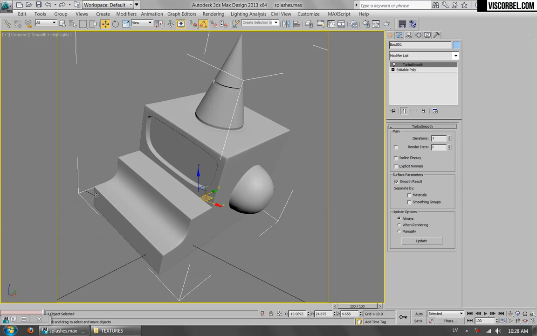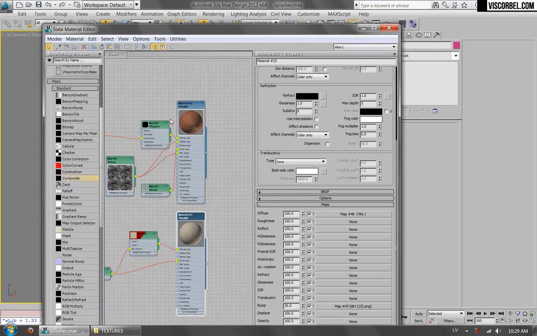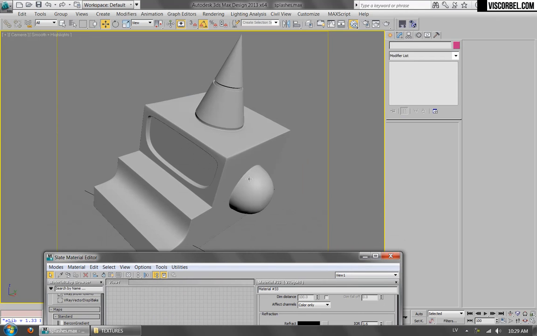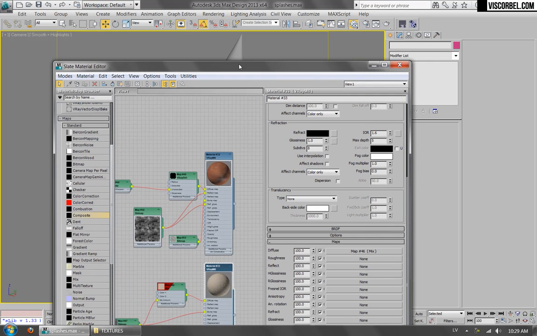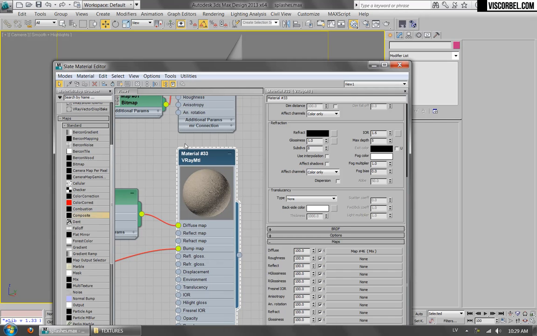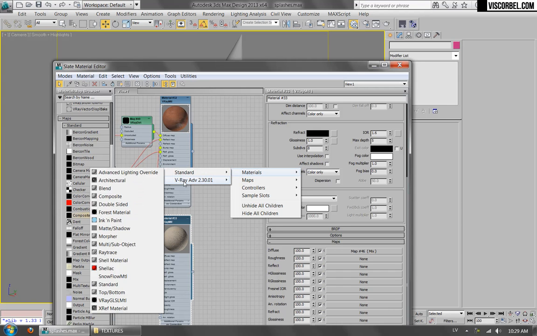For this next video I've rotated my object a bit, so it has some downwards facing surfaces as well. And what I want to show you is how to add some mud splatters only to those downwards facing surfaces. So basically we have the base material, which is something like a brick, and we have this coat material which looks like mud. So first of all we have to create a V-Ray blend